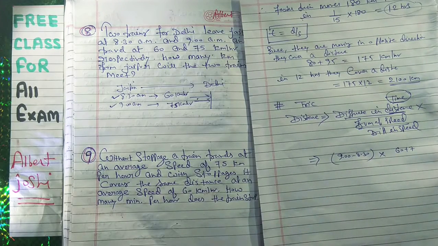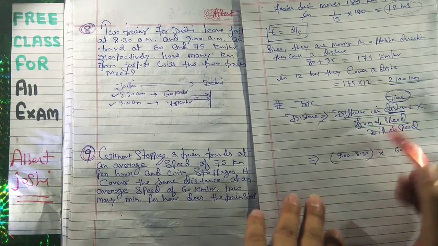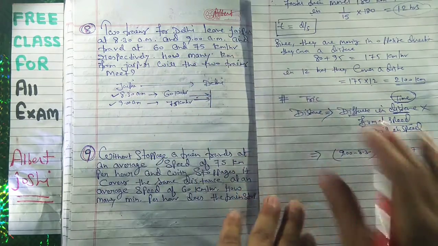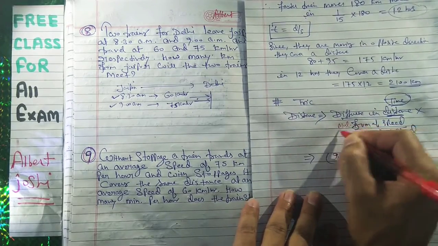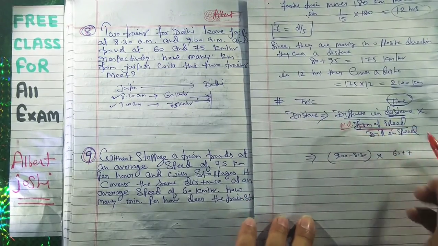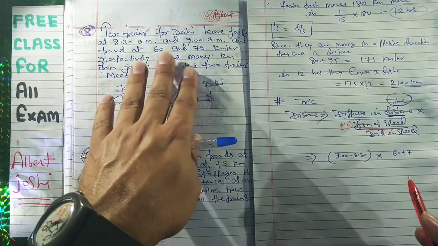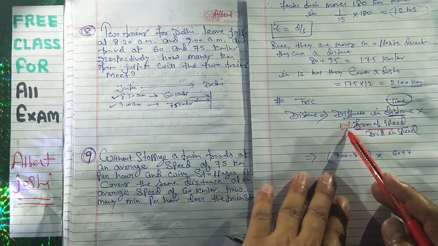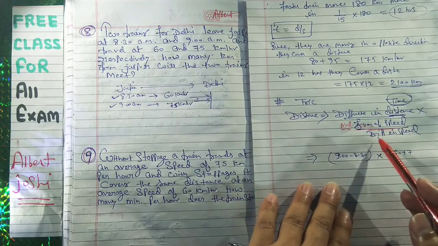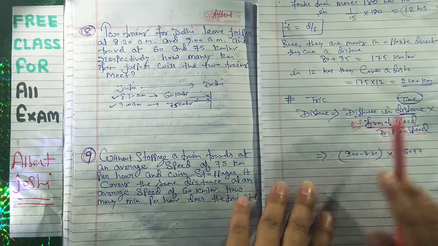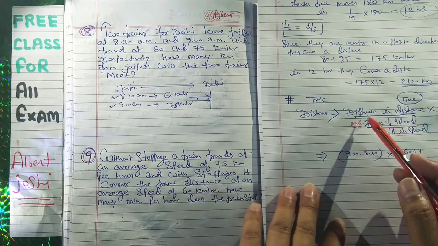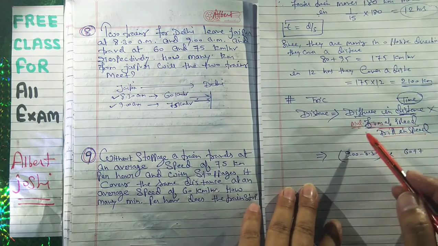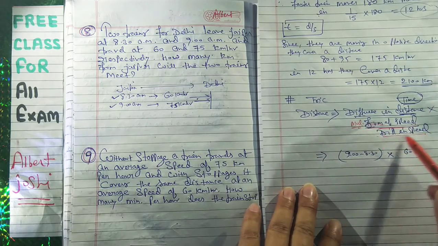sorry, this trick will not work with the sum, it has to be multiplication, because here they have given us time. So you have to do something here, multiplication of time, multiplication of speed. Because here he has given us the time, for the time you have to write multiplication of speed and upon difference in speed. If he has given us distance, then you have to write the previous method, difference in distance into sum of speed upon difference in speed.